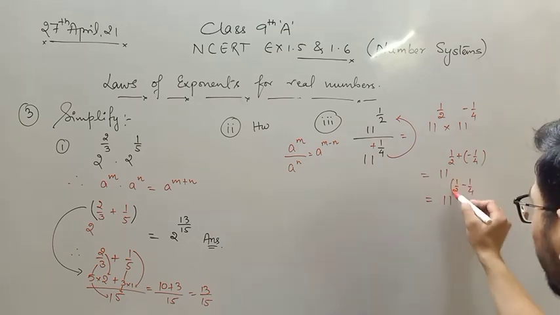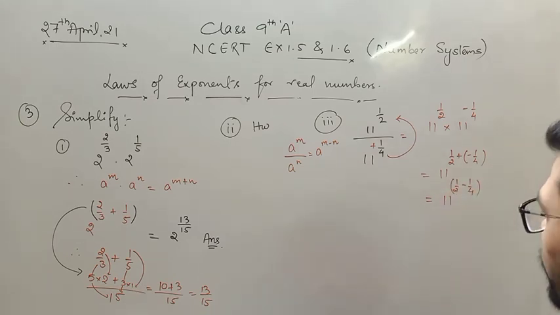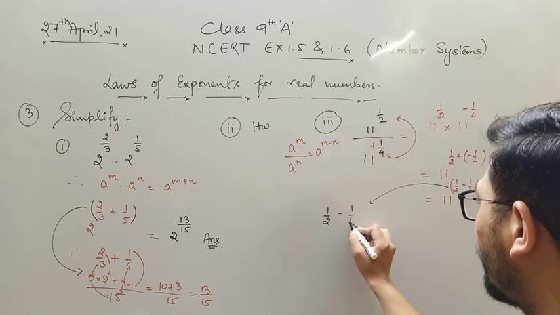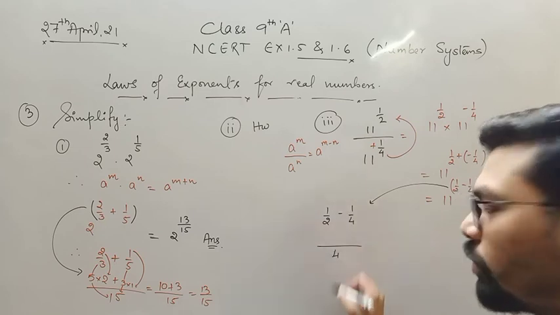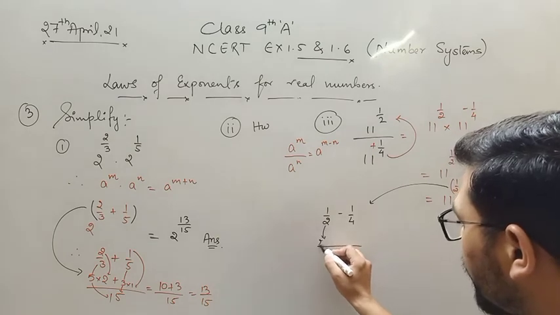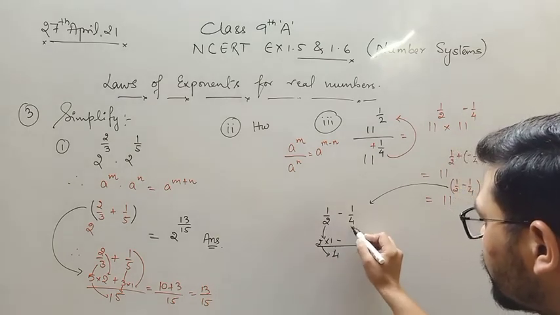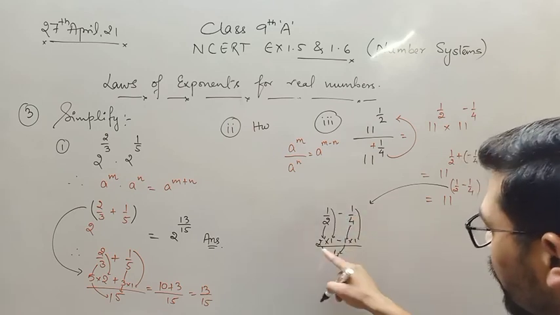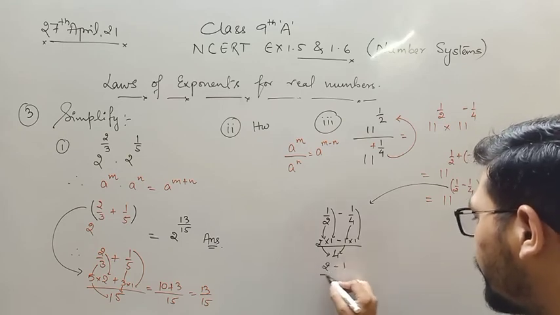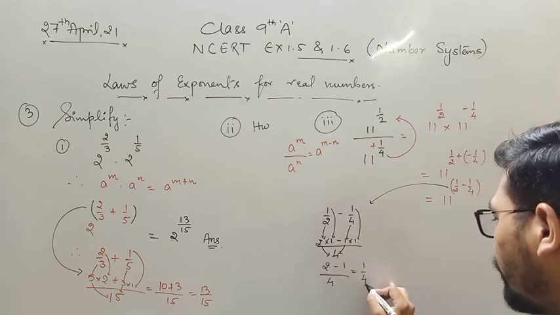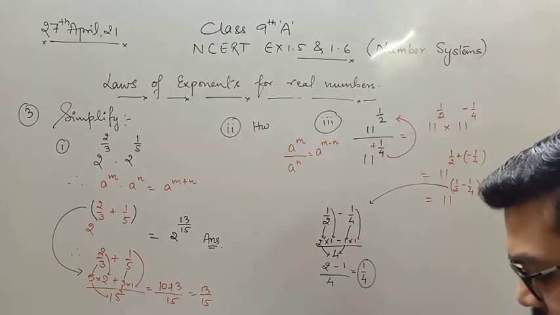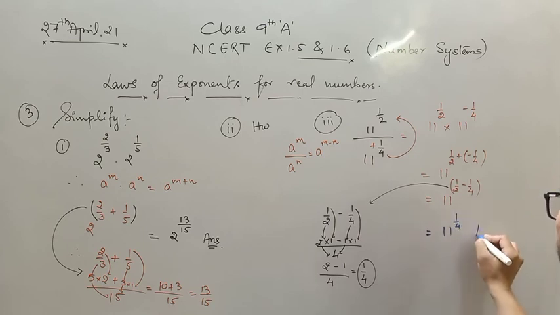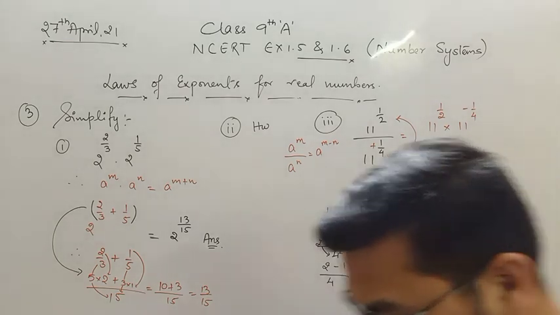Again I'm solving this fraction here. So 1 upon 2 minus 1 upon 4. The LCM of 2 and 4 will be 4. 2 twos are 4 into 1 minus 4 ones are 4 into 1 from the numerator. So 2 ones are 2 minus 1 one is 1 upon 4. That is 1 upon 4. So I can write directly here that 11 to the power 1 by 4 is my answer. Note it down fast.